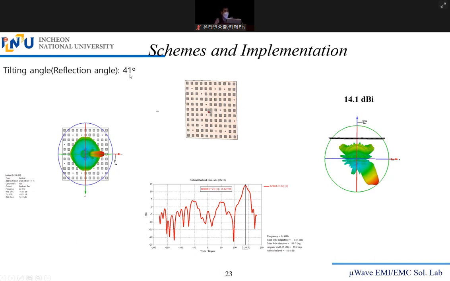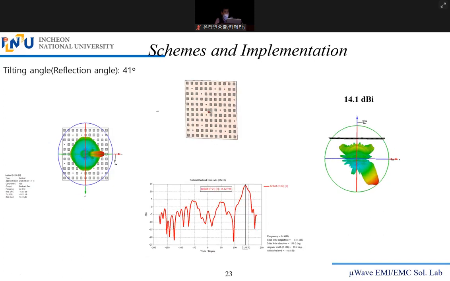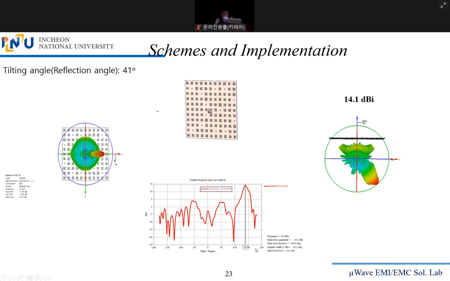Last but not least, 41 degrees as the angle of reflection. So the source antenna hitting here, and you can see different patterns. Can you see that? Here, you can compare the metal patterns on the metal surface. And we went further by 10-something degrees, 41 degrees from 30 degrees here. And you expect the main beam, the hottest spot, at 139 degrees. You can get this value by subtracting 41 degrees from 180 degrees.